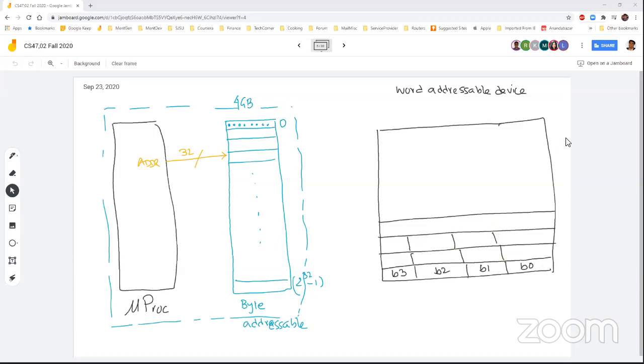So each of them contains 4 bytes. If it has to be 4 gigabytes of memory, your size is 4 gigabytes, and each